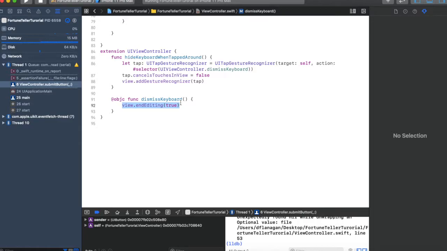Instead of resigning the first responder from an individual text field, we are going to get rid of all software keyboards from this view when we do endEditing true. So it's just another way of doing that. And we're going to do that with a tap gesture. One more thing you have to do, you can just add this extension on at the end of your project. So after the last